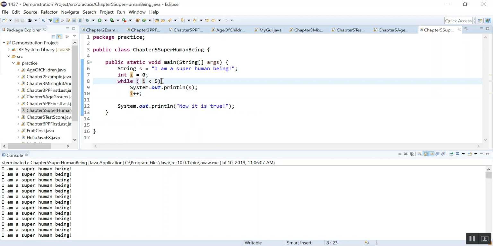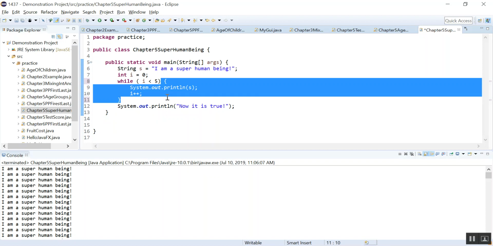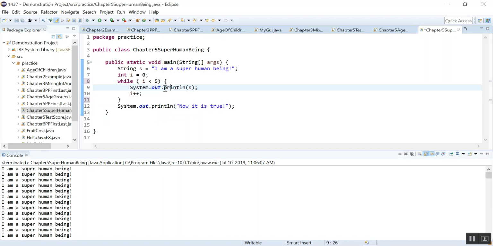Because there are two statements. You need to have the curly braces to make it into one. So the curly braces, they are really like ropes. They bind something together. Okay, so now these two statements become one. Another thing you need to pay attention to